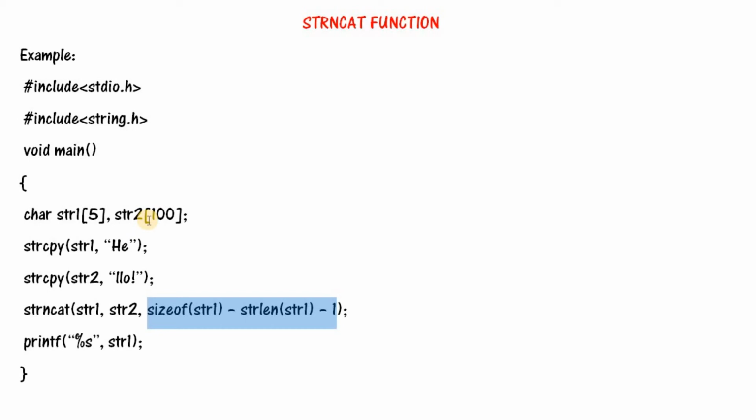So str1 can accumulate only 5 characters. Therefore we don't want to append this whole string at the end of the string. That is why we are using the string n concatenation function, because we want to store only a limited number of characters. Hence, the third argument is passed like this: sizeof str1 minus strlen str1 minus 1.